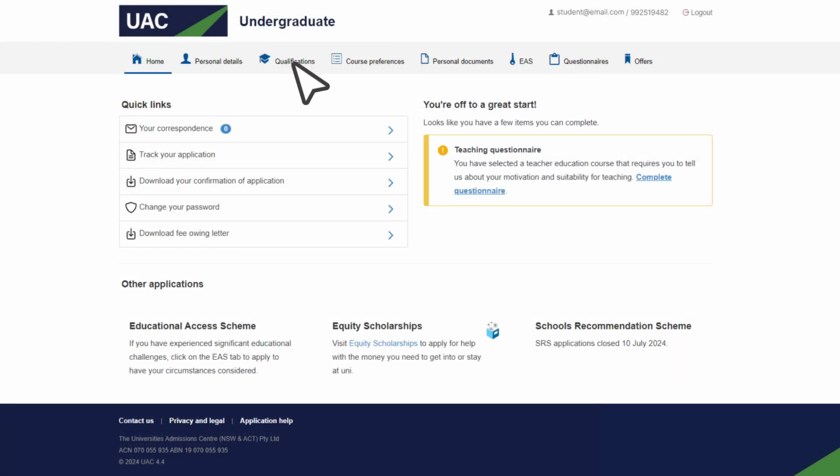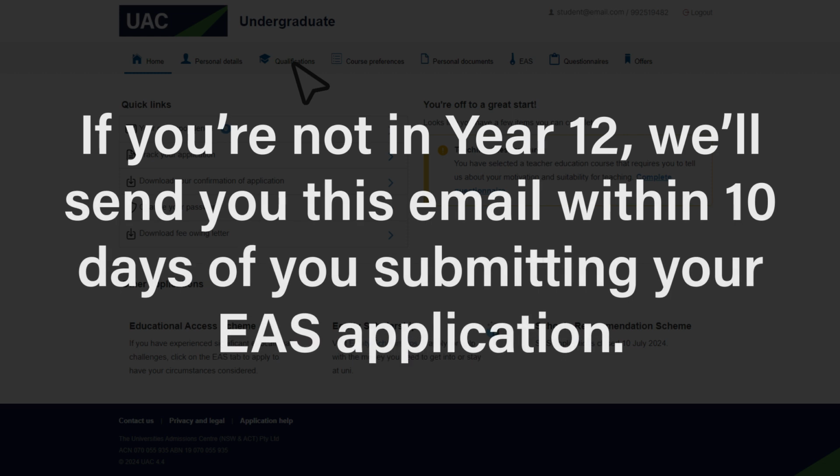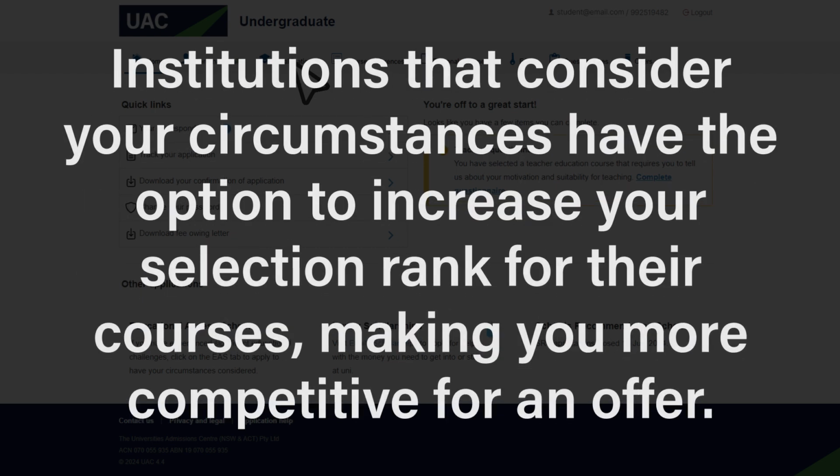Once that's done, we will assess your application and send you an email to tell you which institutions will consider your circumstances when deciding whether or not to make you an offer. If you're in Year 12, we'll send you this email in December, just before the main round offers for Year 12 applicants. If you're not in Year 12, we'll send you this email within 10 days of submitting your EAS application. Institutions that consider your circumstances have the option to increase your selection rank for their courses, making you more